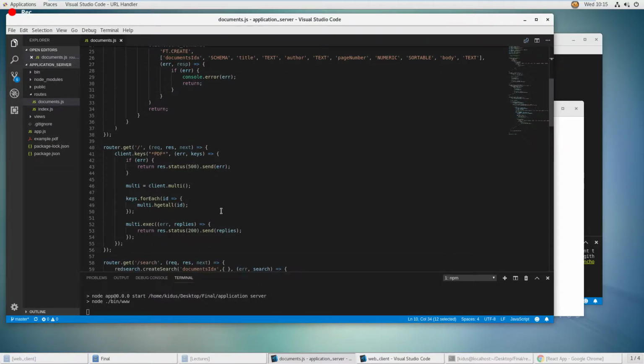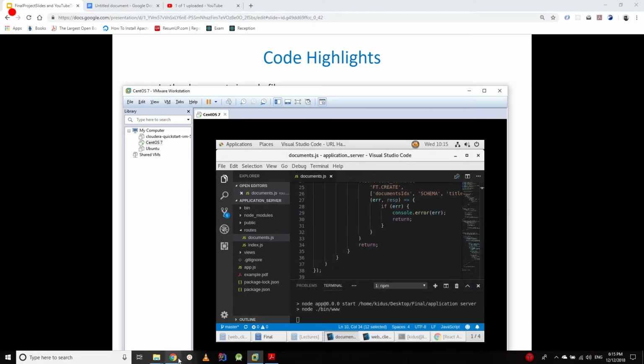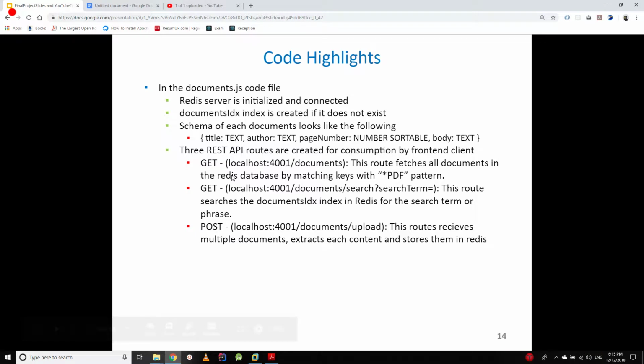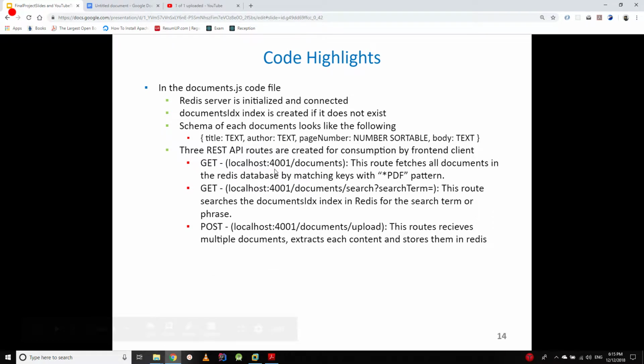So we have a get route here. In the document.js file we have a Redis server, which is initializing document, and the document index is created if it doesn't exist. And we have our schema like I showed you, and we have 3 APIs or routes. We have localhost 4001/documents, which will fetch all documents in our database,